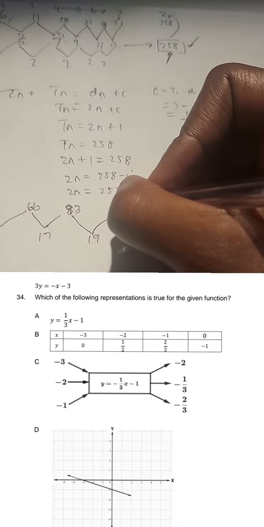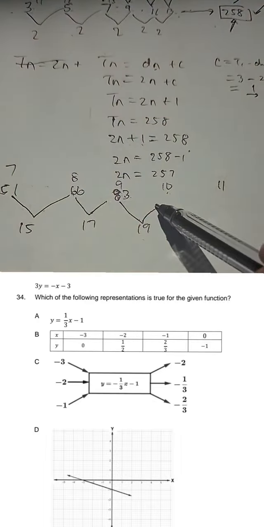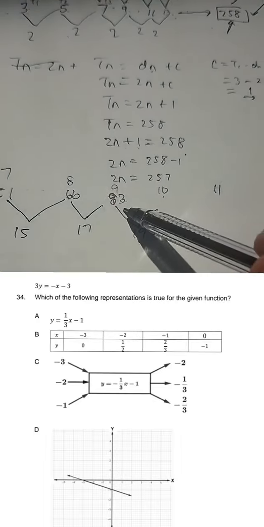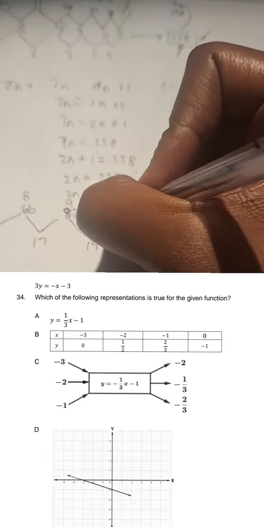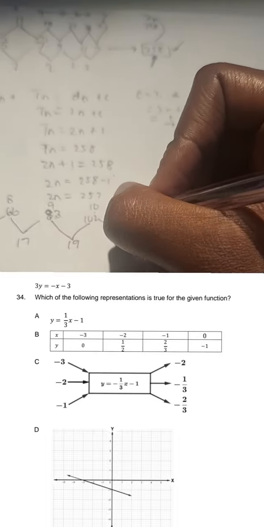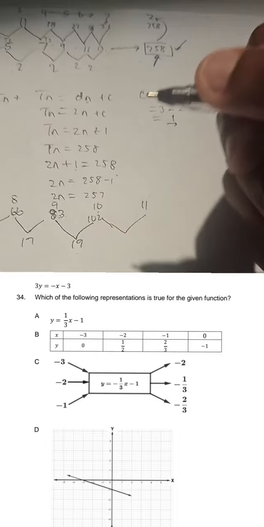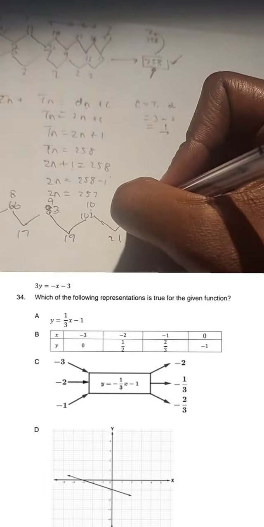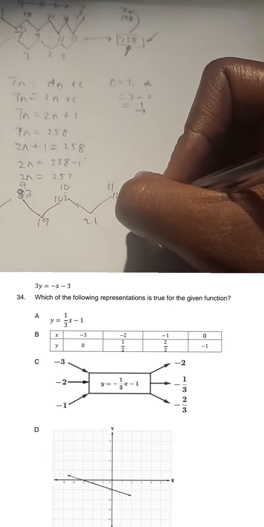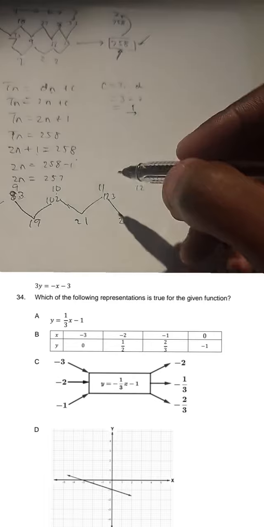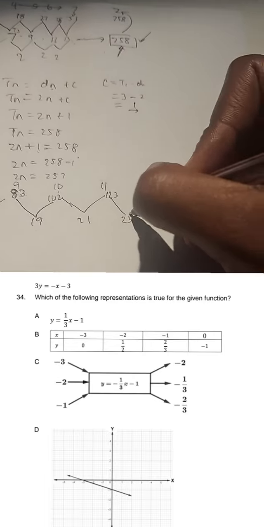Oh, by the way, so this is my 7, this is 8, this is 9, 10. Okay, so 83 plus 19 gives me what, guys? 83 plus 19 gives me 102. I know this is long, but okay, then 102 plus 21. 123, 21, 19, 21, 23, 146,